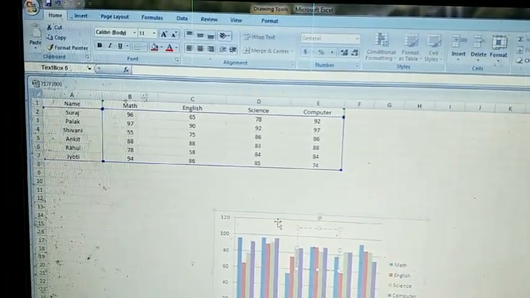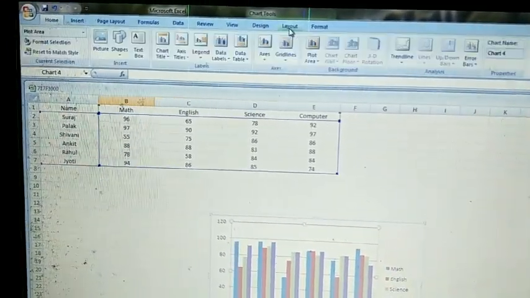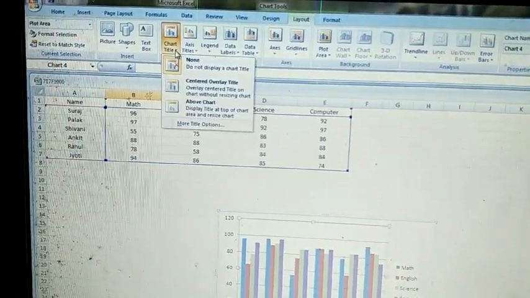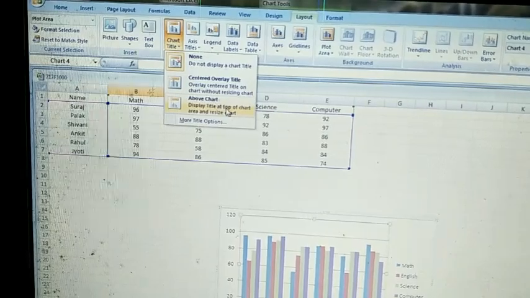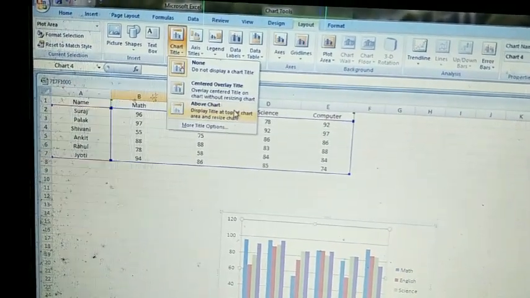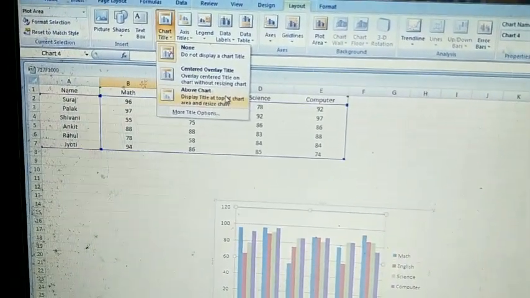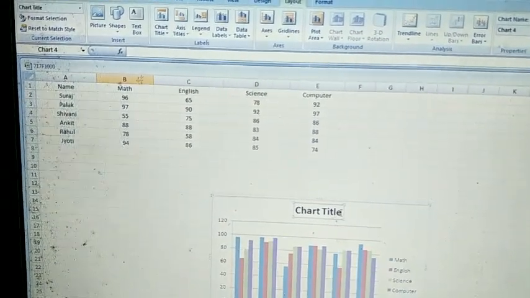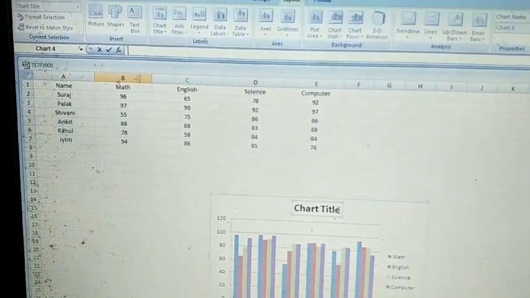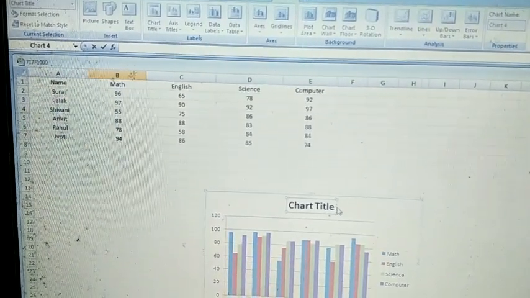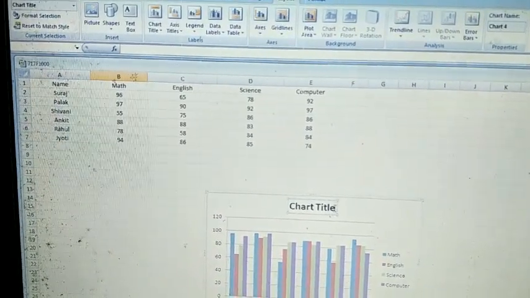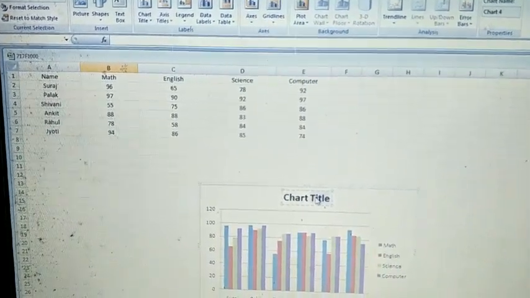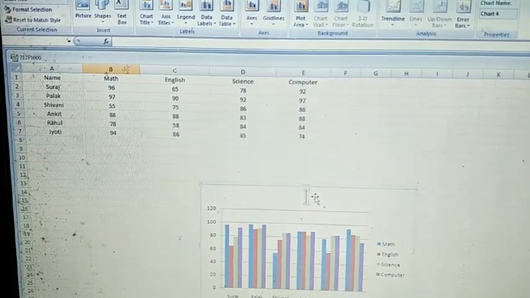Next, chart title. By using this button you can insert a chart title. That one is already explained by me in the first video. Click here, and after that you can insert a chart title. Just double click on it, and after that you can rename it.